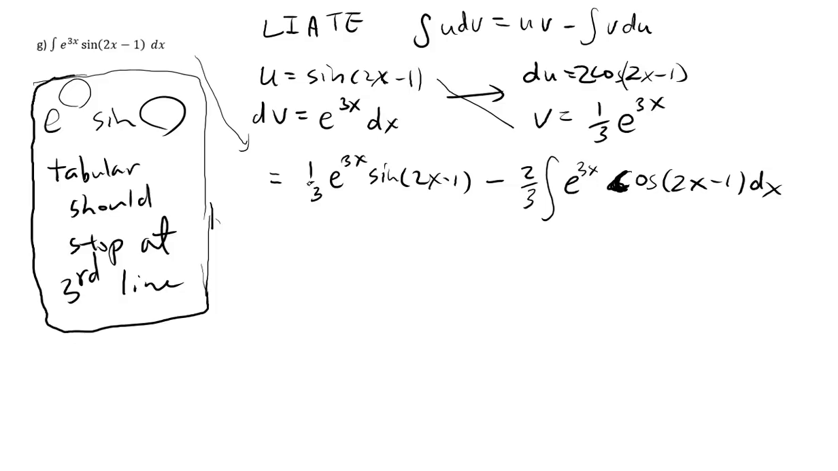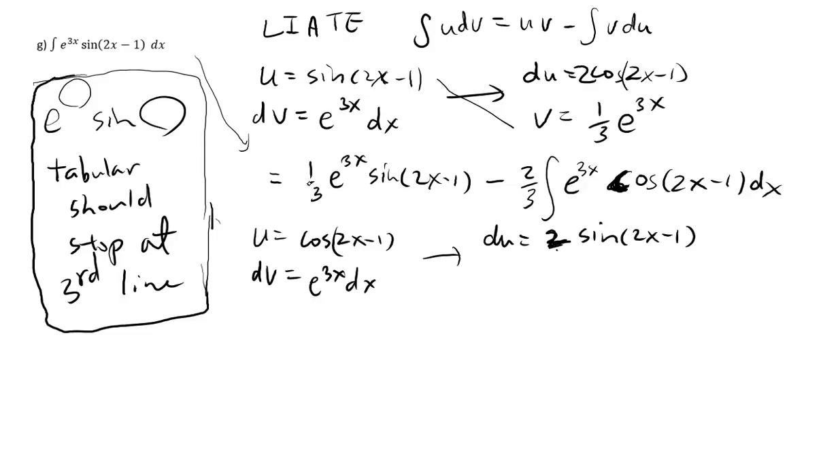Okay, now we have u equals cosine 2x minus 1, dv is e to 3x dx, whose derivative is 2 times sine of 2x minus 1, because derivative of cosine is negative sine, and the derivative of the inside function is 2. v is 1/3 of e to 3x, and you have to again write